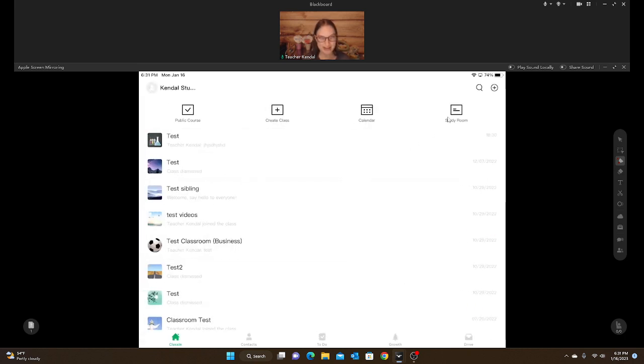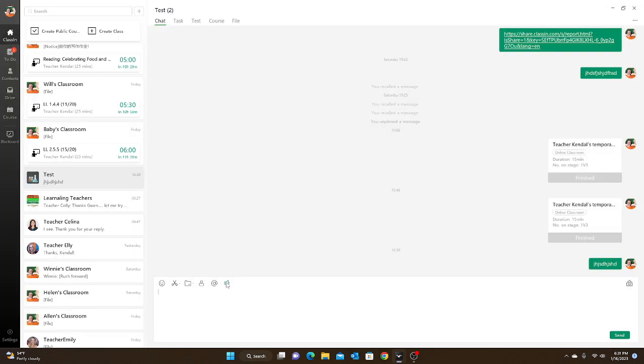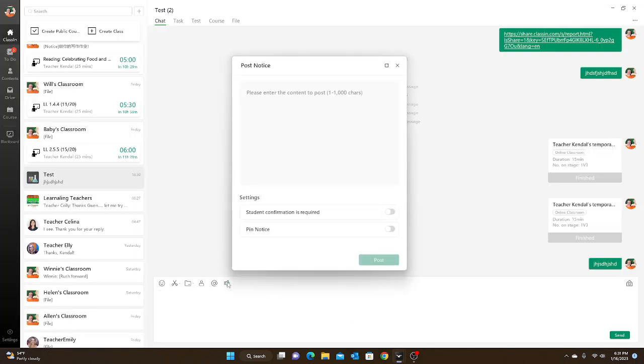So why is a notice any different than that? Let's take a look at the notice here. When I click on it, a big box will pop up for me to type in my notice. The only thing you can put here is text. You can't add any pictures, emojis, anything like that. So I just type in something random here. And there are two setting options: student confirmation is required, or pin the notice. I will show you each of those, but first, let's just look at what it looks like to post a notice. So when I post this,